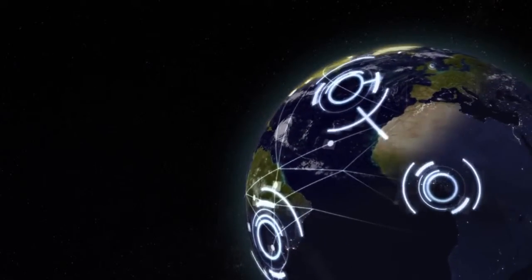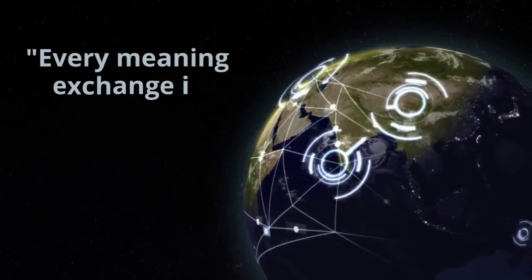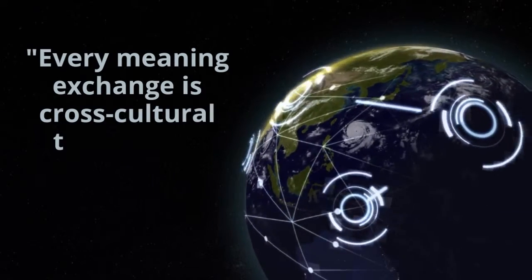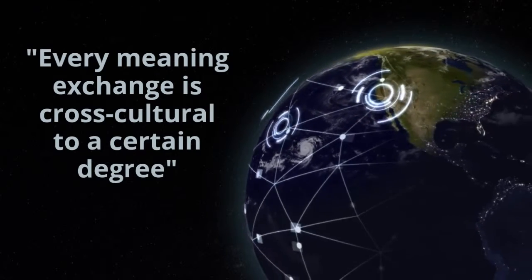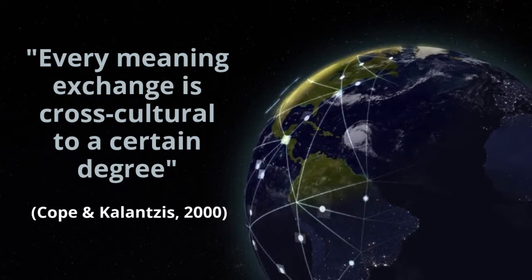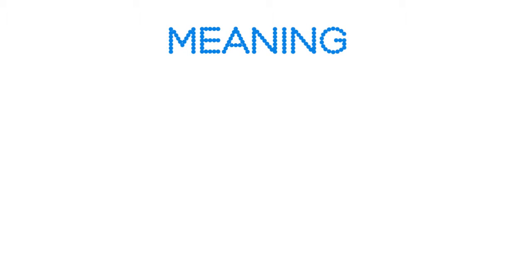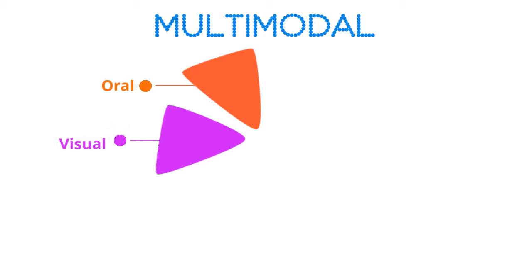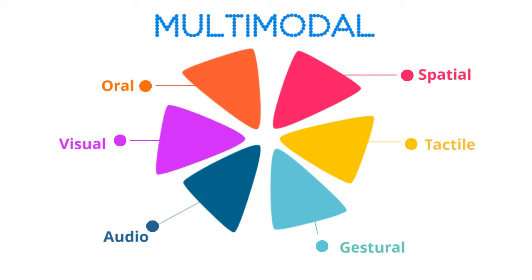This means that communication and representation of meaning today increasingly requires that learners are able to figure out differences in patterns of meaning from one context to another. These differences could include culture, gender, life experience, or social domain. Meaning is made in ways that are increasingly multimodal. Multimodality is where written linguistic modes of meaning are combined with oral, visual, audio, gestural, tactile and spatial patterns of meaning.